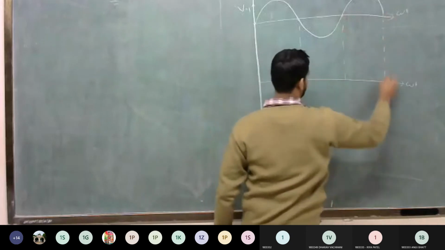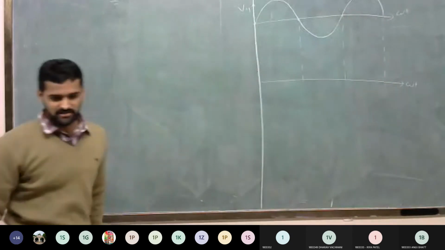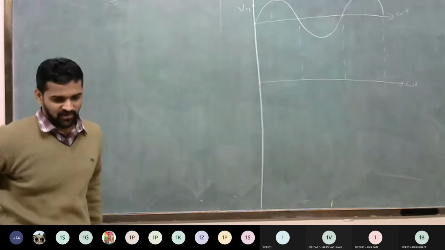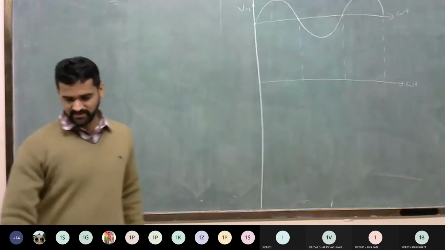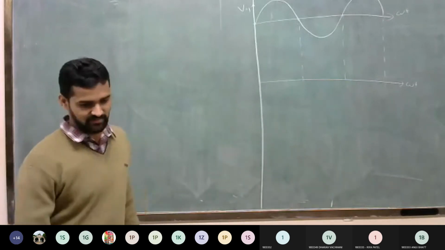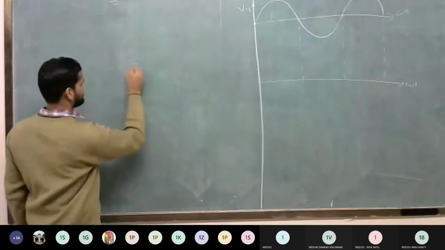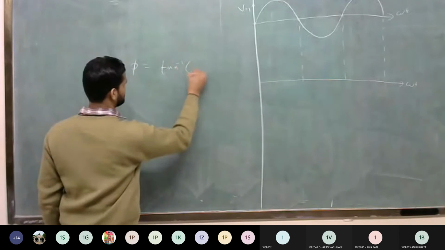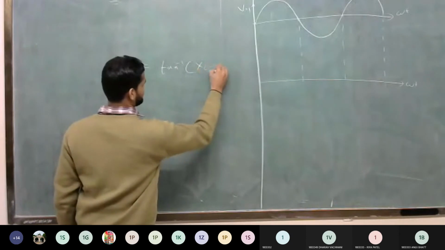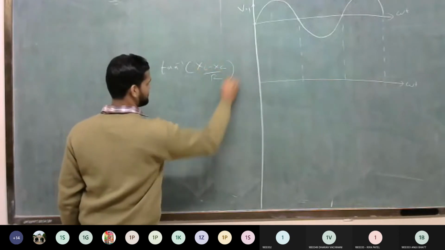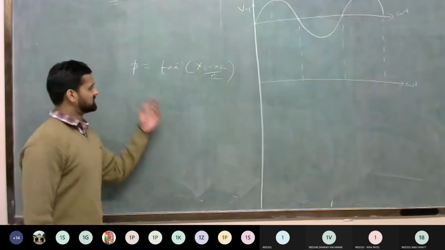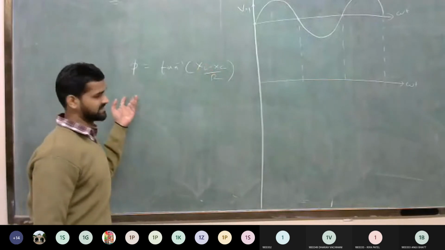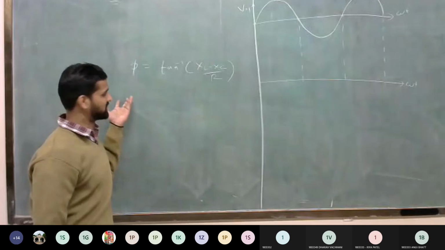Now, by taking the projection, draw the waveform of load current, the current flowing into the load. So your load current either leads or lags the voltage. Here we do not know the angle, but we can calculate it by the equation phi equals tan inverse of XL minus XC divided by R. This angle shows the relationship between the output load current and voltage.